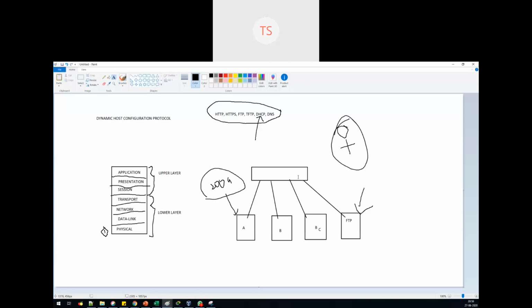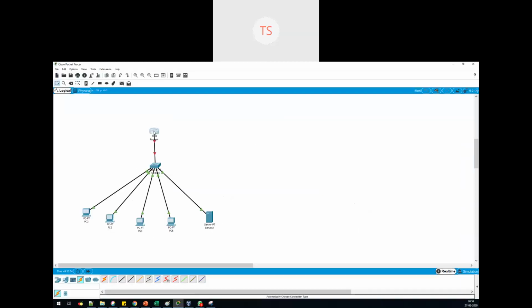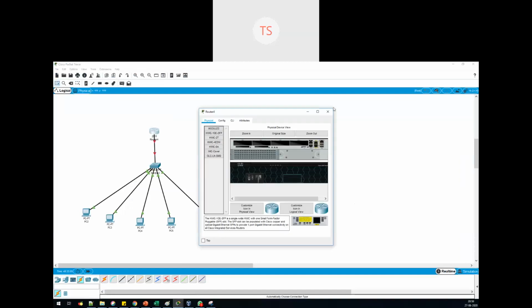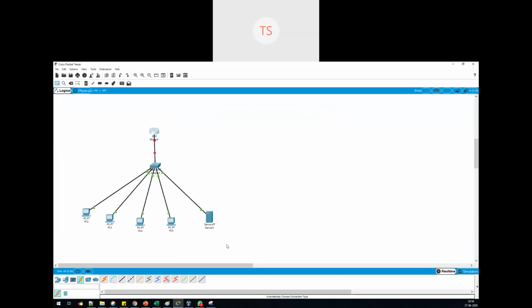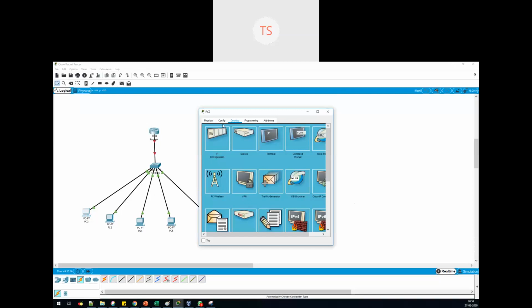That's going to take you like 2 or 3 weeks. Yeah, that depends, right? So in that case, actually, we need some protocol to ease our operation. So what we actually do is go with Dynamic Host Configuration Protocol. What it does, actually, okay, in this case, let's consider this server as a DHCP server. Okay, once you have enabled it, if you click on that PC,